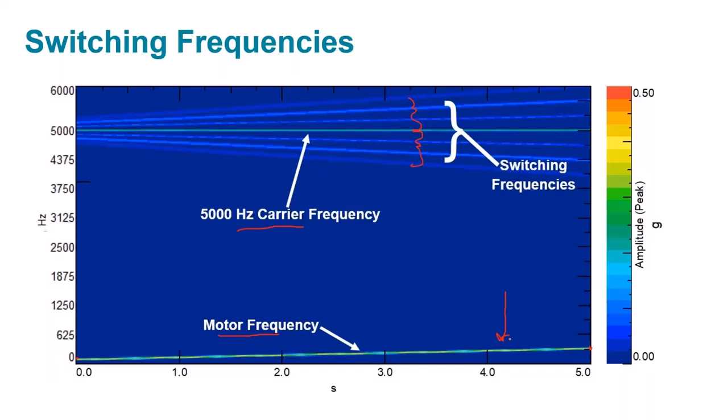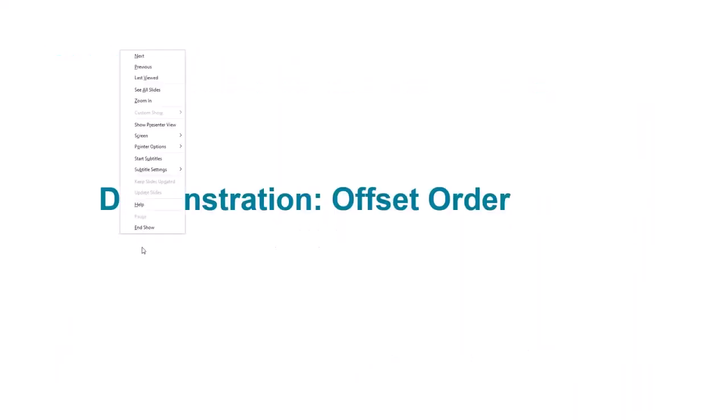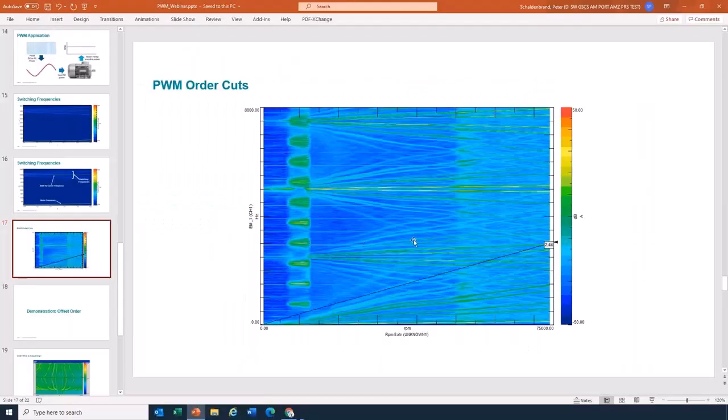If you've been looking at some color maps and you're like, well, I understand these orders, they're very traditional, but I see some orders that look like chicken feet. I don't know how you would describe it. You must be hungry. Yeah, and they're not going through 0 hertz. They're at this carrier frequency. That is power electronics or an inverter that's showing up. And it could be electrical noise, but it could actually be noise or vibration that's induced by the power electronics driving that.